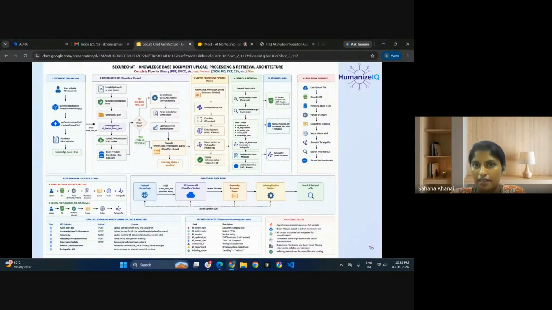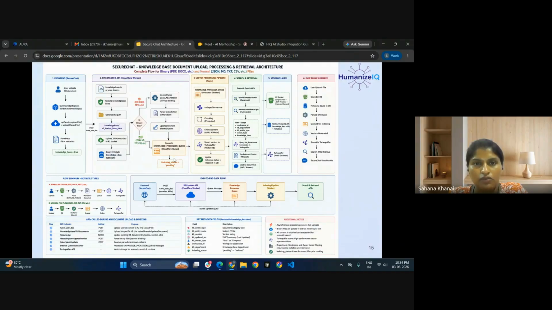Then it will be chunked here if required. Then it is embedded using the models which Turbopuffer has built in. Then we upsert the vector to Turbopuffer vector storage. Once it is stored successfully in the vector storage, we get the response back as the indexing status.